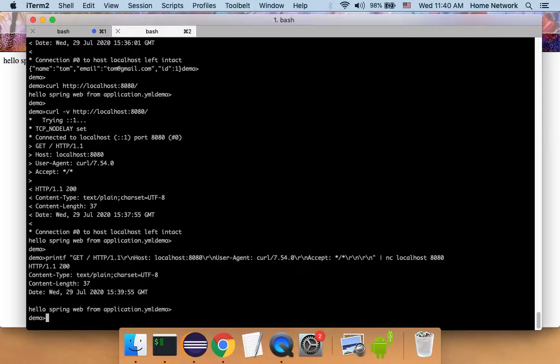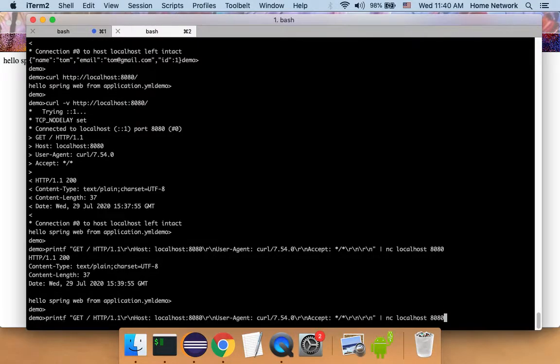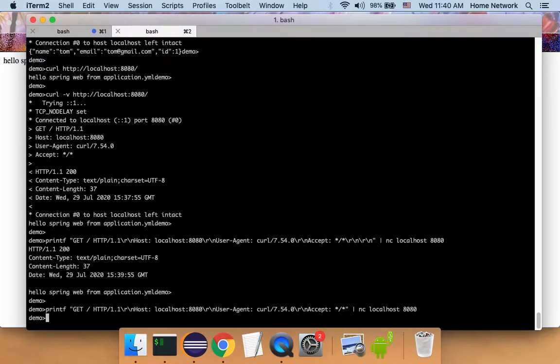So don't take this for granted. What will happen if I just give a wrong format, not conforming to the HTTP protocol? For example, I remove these trailing line breaks. What will happen? Nothing happens. The other side doesn't reply to me. The other side expects those line breaks as part of the HTTP protocol,